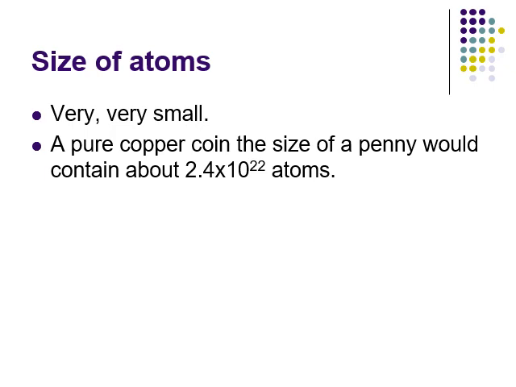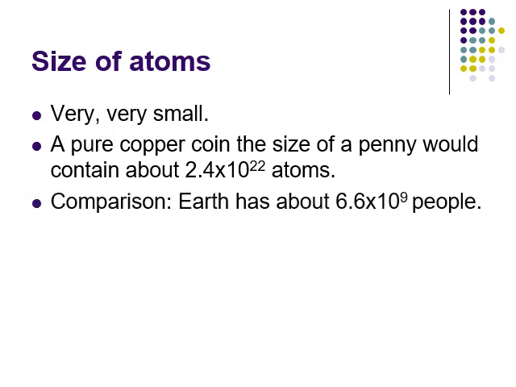Now, those of you who are good at scientific notation may look at that and go, wow, that's a really big number. But numbers after about 1,000 or so really become pretty meaningless to us. So let's give some analogy to this. So comparison, Earth has somewhere around 7 billion people. That's what we see there.